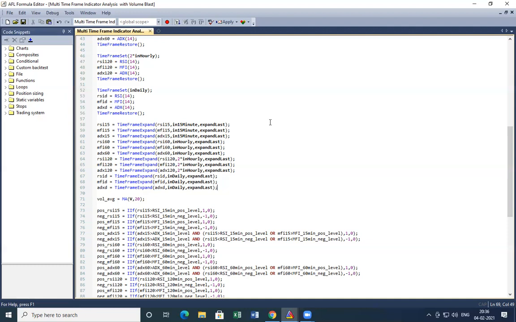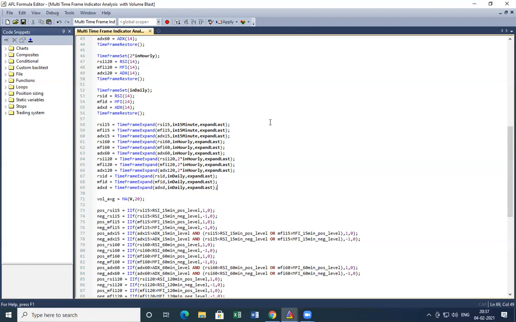Let's say if 15-minute RSI goes above 60, then I will give it a score of 1. And if RSI of 60-minute goes above 60, I will again give it a score of 1. And if 120-minute RSI goes above 60, I will again give it a score of 1.